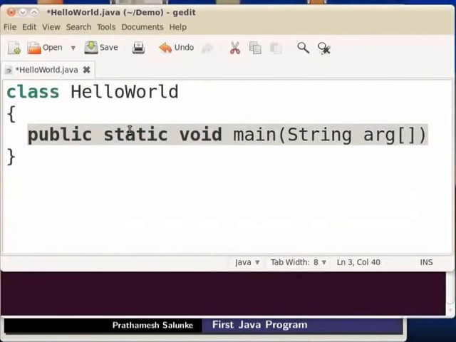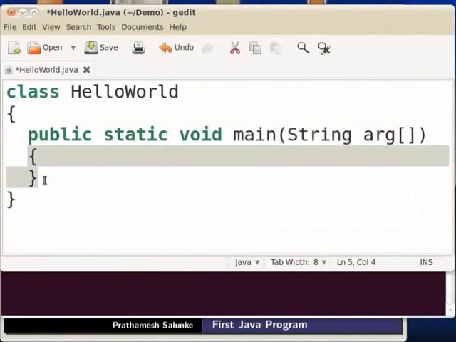We will describe public static void and string in a future tutorial. Then once again open curly bracket, press enter and close curly bracket. The code between these two curly brackets will belong to the main method.